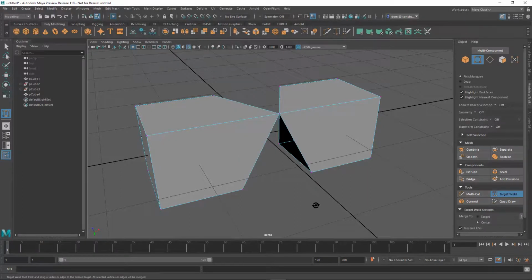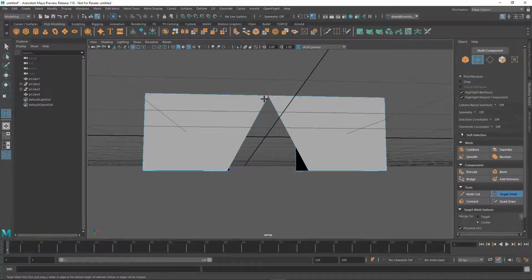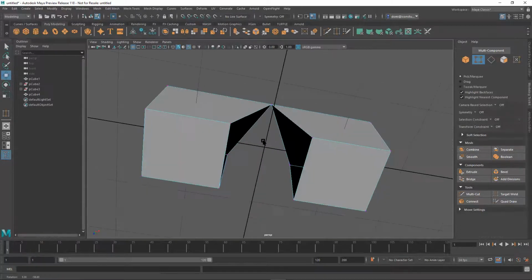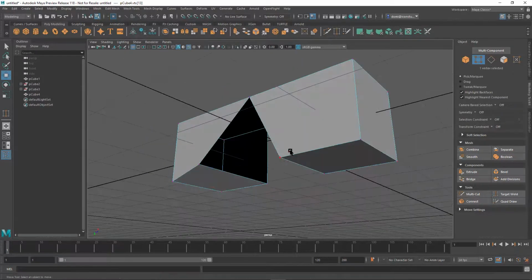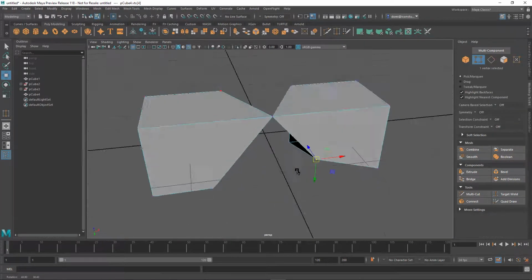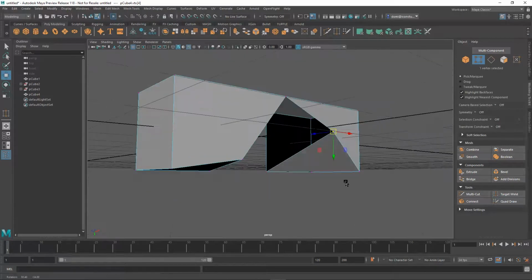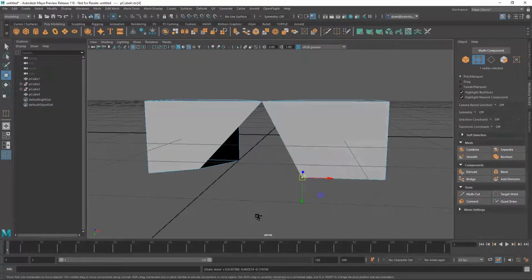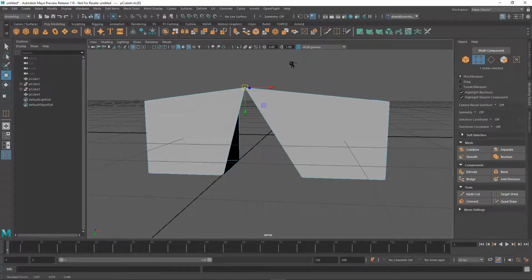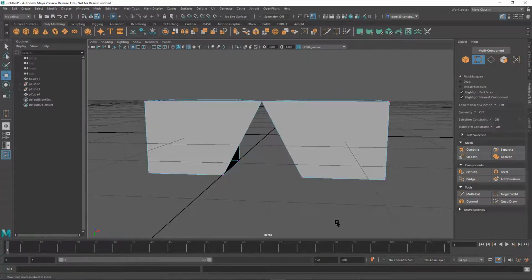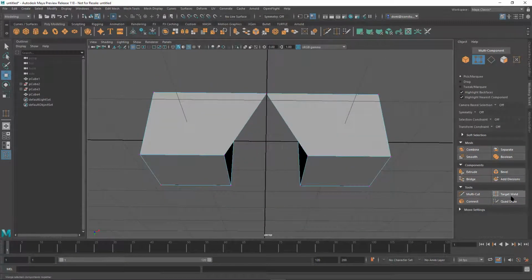Okay. So now what that did was it pulled these two vertices together. Okay. Because let me show you. Like when these are separate, these vertices function independently. They'll just do whatever they want. Okay. So you don't want too much of this stuff going on because you're going to get things all crazy. Okay. Now over here, though, they're functioning as one, because they've been target welded, they've been merged. Okay. So now I'll go back to the target weld tool, and